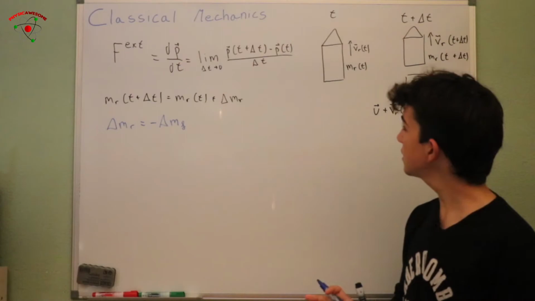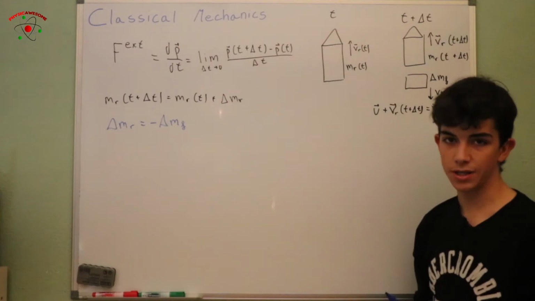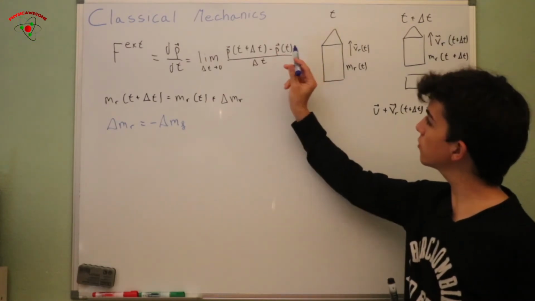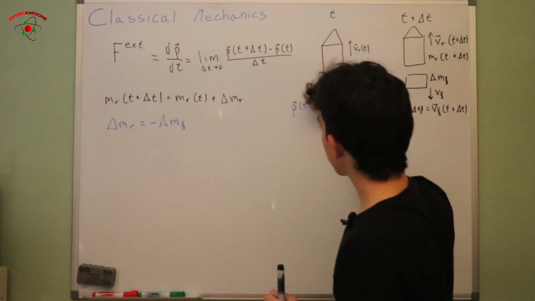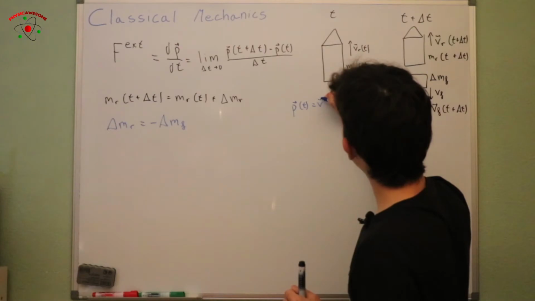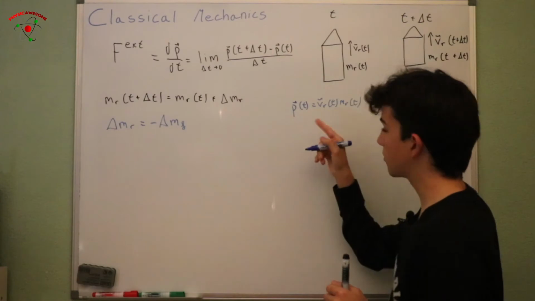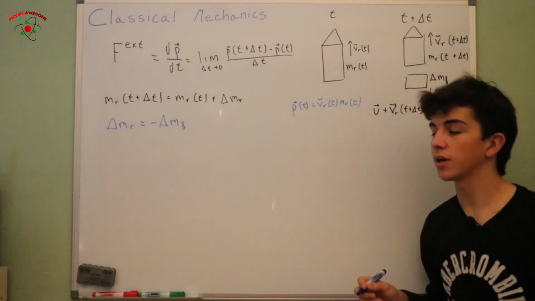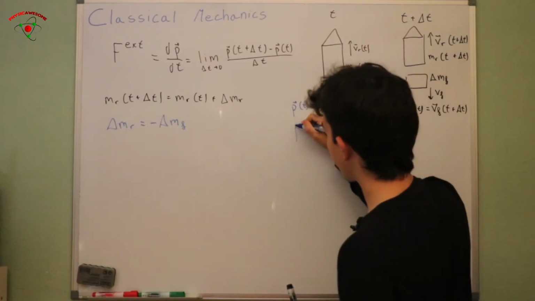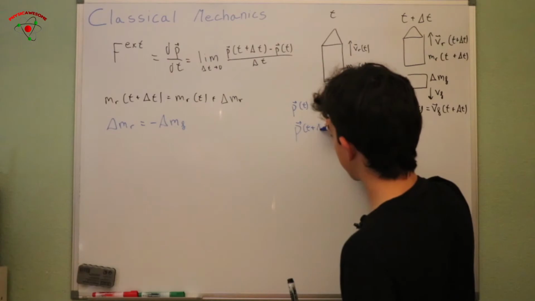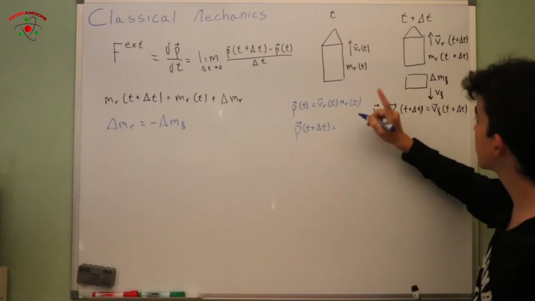Alright, now let's see what our momentums are in these different situations. Our momentum at time t is simply p of t equal to mr of t times vr of t. That was a weird order to put it, but it's alright. And our momentum at p of t plus delta t is going to be equal to this component. Let's see, it is